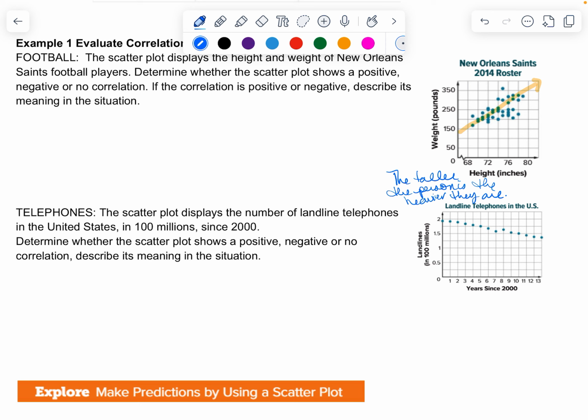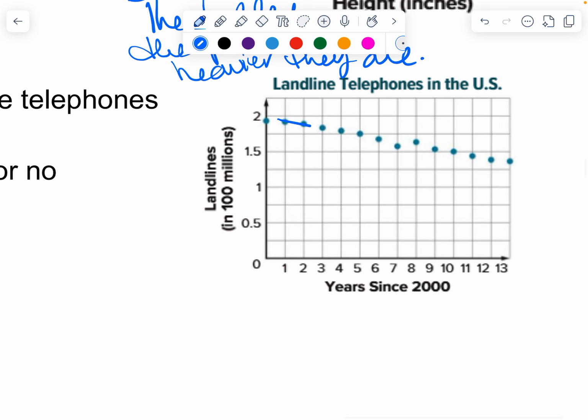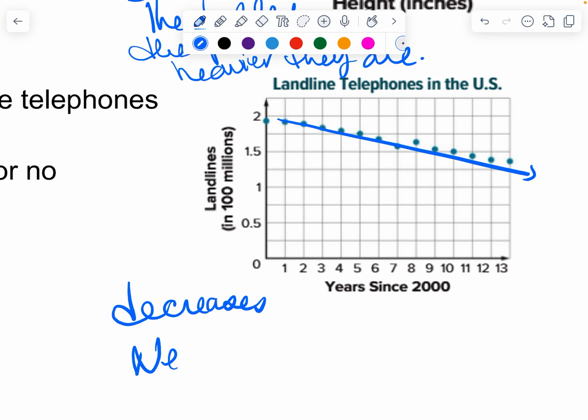Okay, telephones. Here we're talking about telephones. The scatter plot displays the number of landlines. And if you don't know what a landline is, it's a telephone that's hooked to your wall at home. We have them at school. In the United States, in 100 million since 2000, determine whether the scatter plot shows a positive, negative, or no correlation, and then describe it. Well, look at this. It's going downwards. So this means it decreases. The y decreases, so that means that is a negative